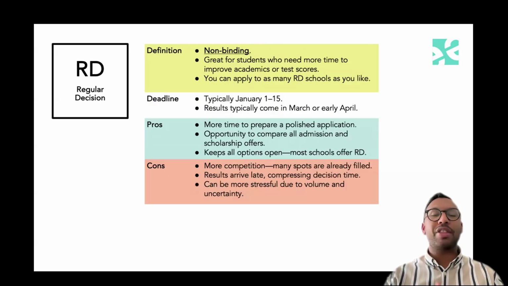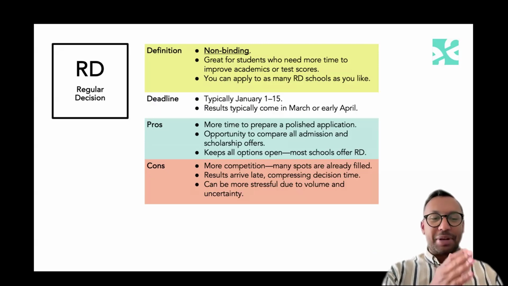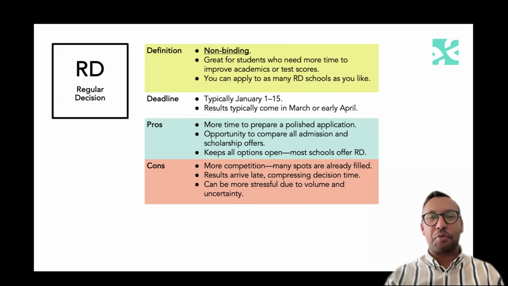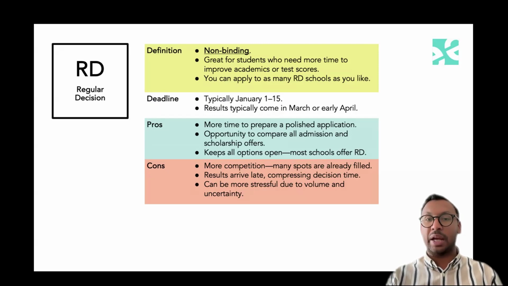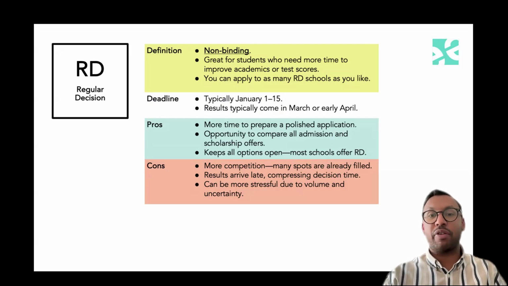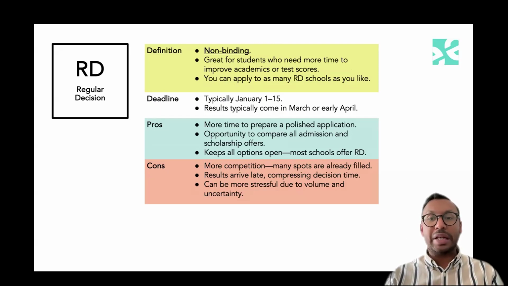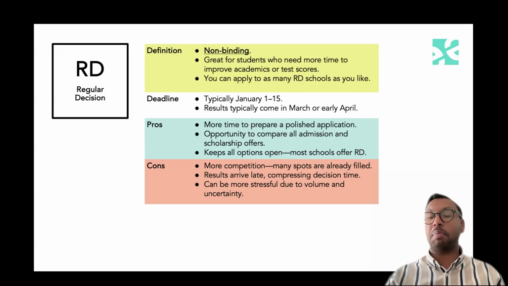And so it's important to do your research and think about what is going to be the best option for you. And then finally, as we move along this sort of application rounds phase, we have regular decisions. So it's non-binding. That's something to note. Typically speaking, the applications will be due January 1st to January 15th. Some might be slightly later up until February 1st, but most of your top tier schools are going to have a deadline between January 1st and January 15th. Results will be released in March and April, and your final decision will need to be made by May.